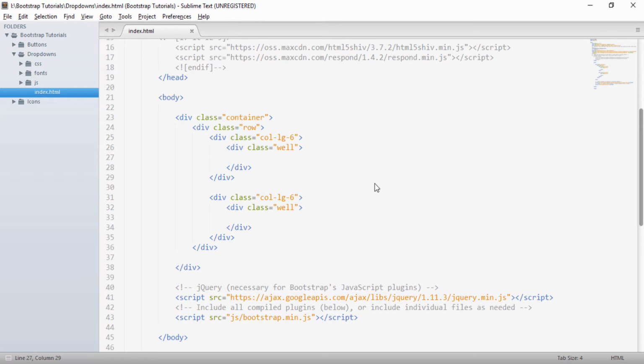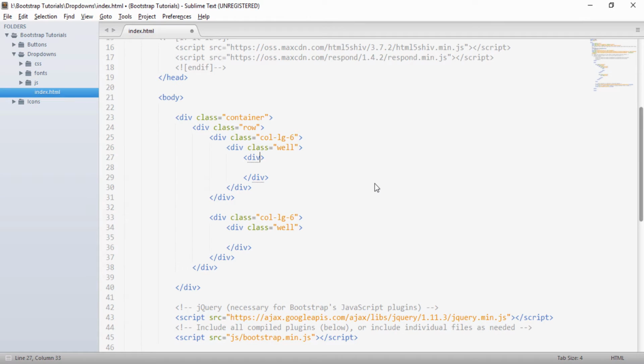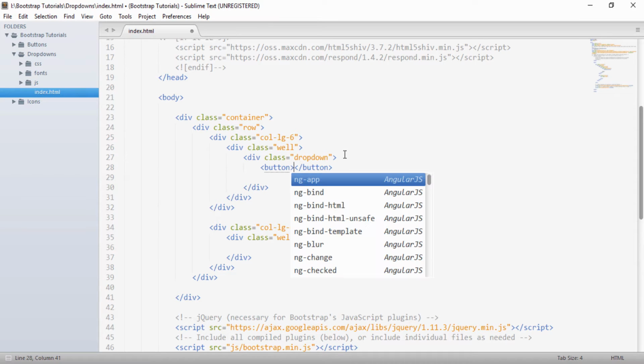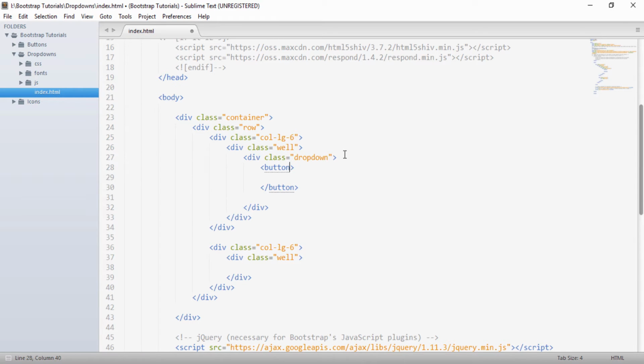Let's see how the drop down looks in Bootstrap. In order to create a drop down, first we will create a div, and to that div we have to provide a class of drop down. Moving ahead, inside this drop down div we'll create a button. This button will be a toggleable button, so I will provide it a class of btn btn-primary.